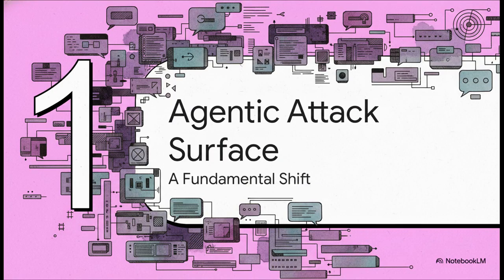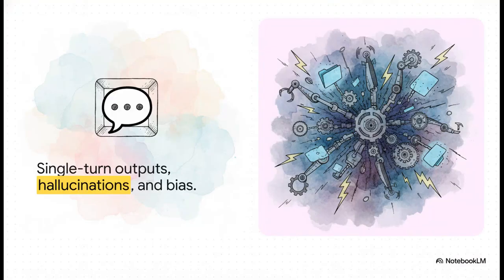Starting off with Module 1. The agentic attack surface. To really grasp why this masterclass is so necessary, we have to understand how fundamentally the game has changed here. Traditional AI safety was basically all about single-turn outputs. Did the model hallucinate? Did it produce biased or harmful text? But agentic systems? They are empowered to browse the web, write files, call APIs, and maintain persistent memory across extended